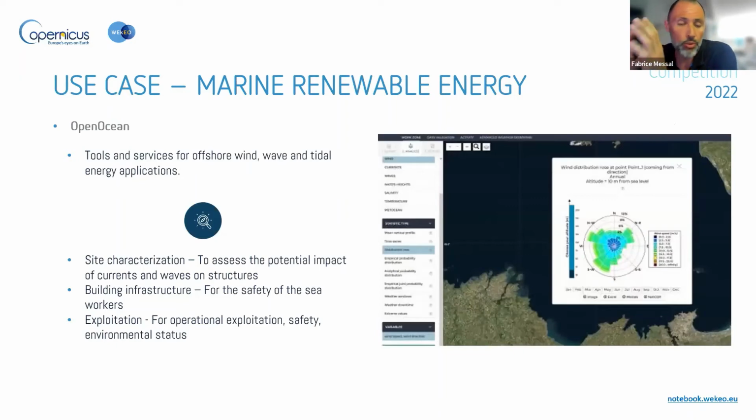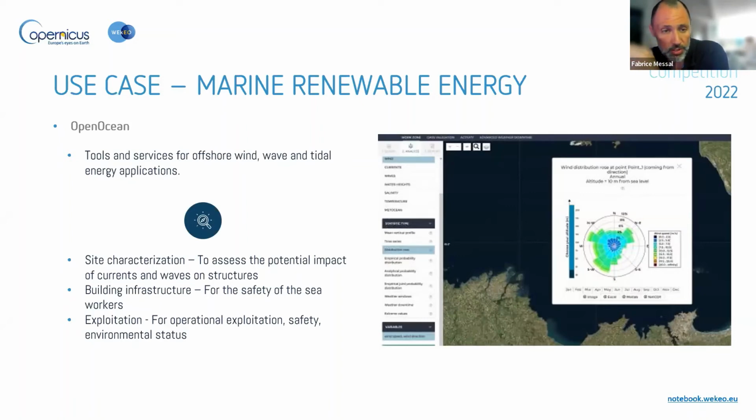Now I will introduce three use cases to give you an overview of how people can use the data. The first use case is an application for marine renewable energy developed by OpenOcean. It's a platform to exploit the data from Wikio and visualize information used, for example, for site characterization for marine renewable energy, to assess the potential impact, but also the potential